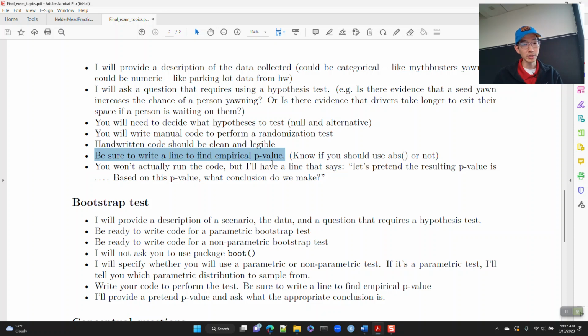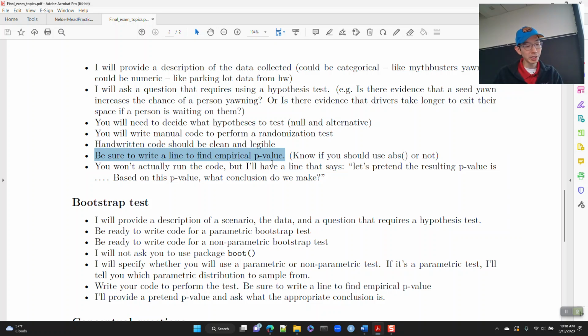Obviously you can't run the code because you've written it by hand. But I'll have a line that says, let's pretend we ran the code and our empirical p-value is 0.02. What does that mean? I want to know like